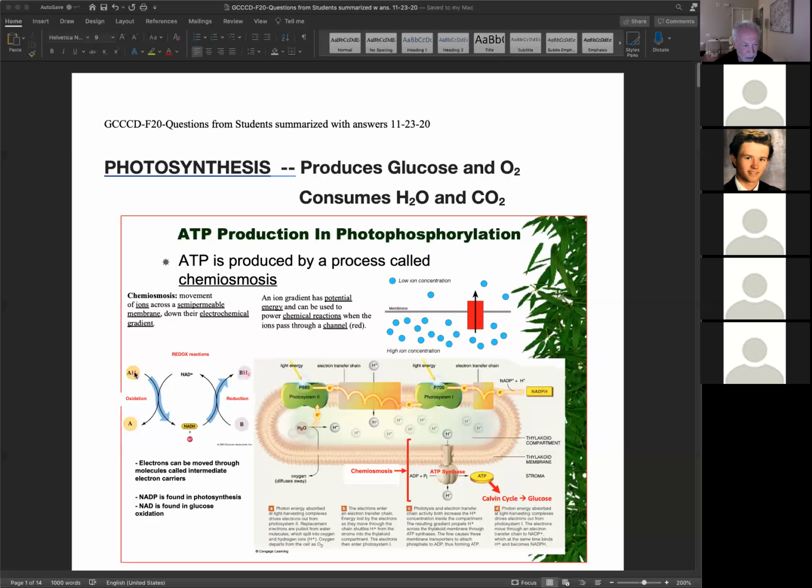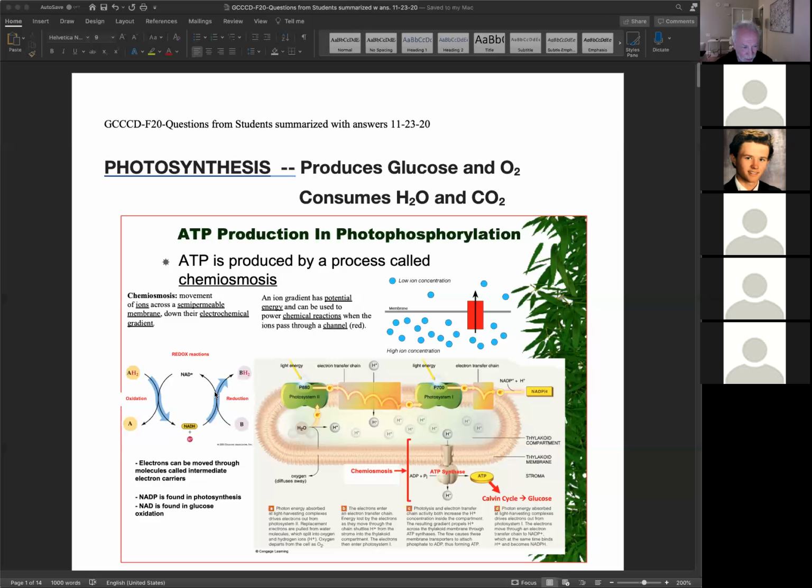It has an extra electron, and it hands that electron off and becomes oxidized, goes from AH2 to A, and that electron then is transferred to another carrier, and when it does, you see at the bottom here, NAD plus goes to NADH plus an electron, and that electron is important because it can generate energy, ATP. The NADH then